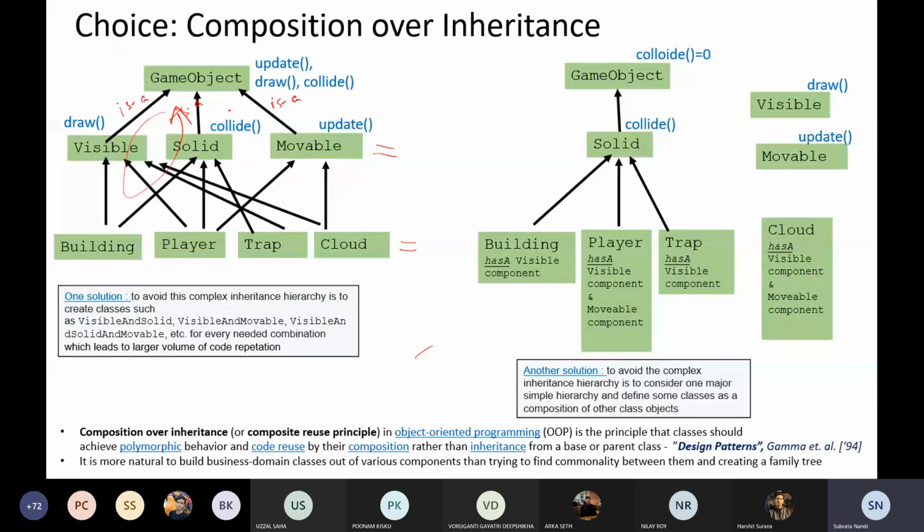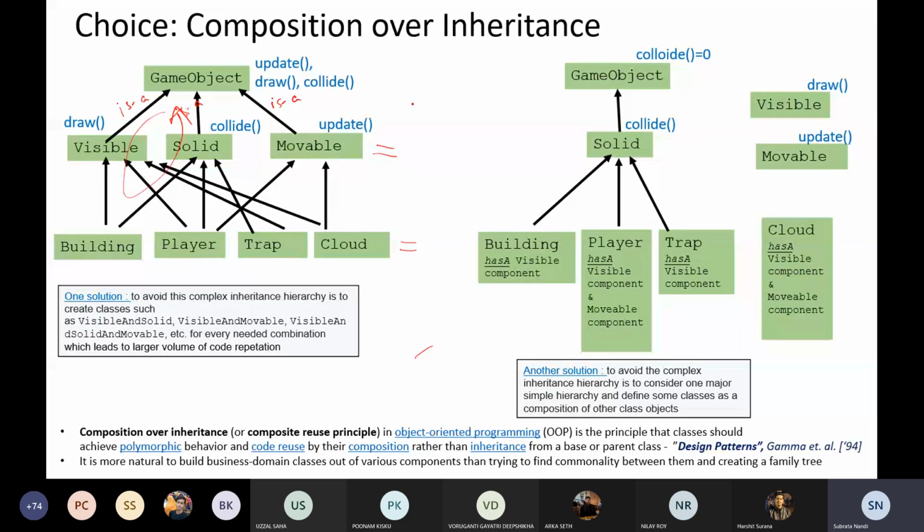So straightaway you can think of this: apart from having the classes visible, solid, and movable separate, if I have one more class which is visible and solid, another which is visible and movable, like that, probably through that we can get rid of the